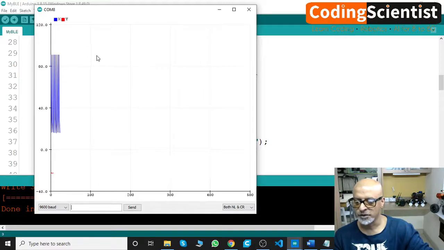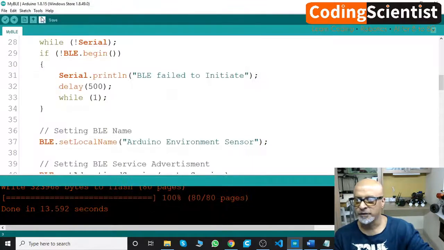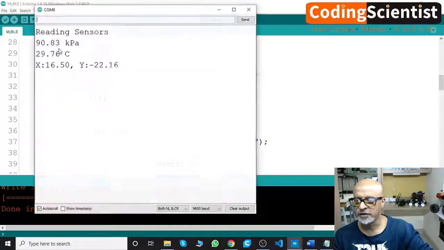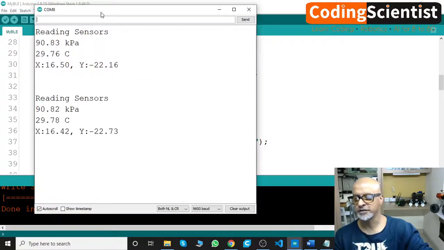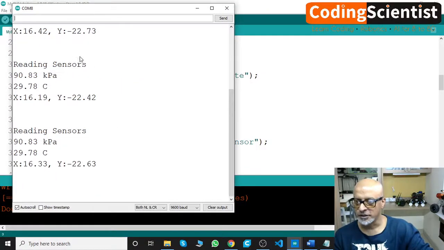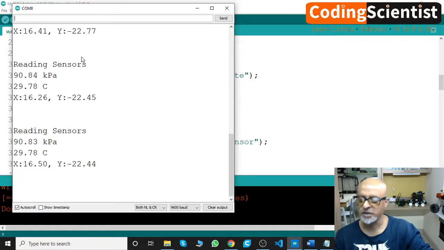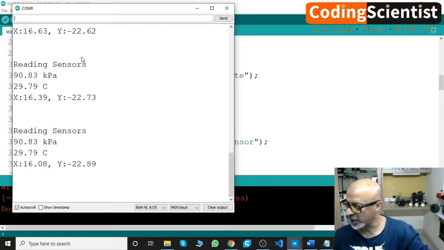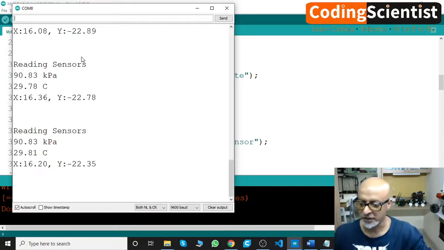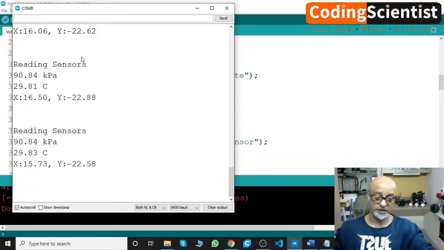But if we look at the serial monitor, it should show the sensor readings. Can you see this? So it's reading all the sensors, guys. It's perfect. And the same sensor data is pushed into your mobile app. In the nRF mobile app, you can see statistics and analytics on the screen in a graphical manner. So it's pretty fantastic, right?